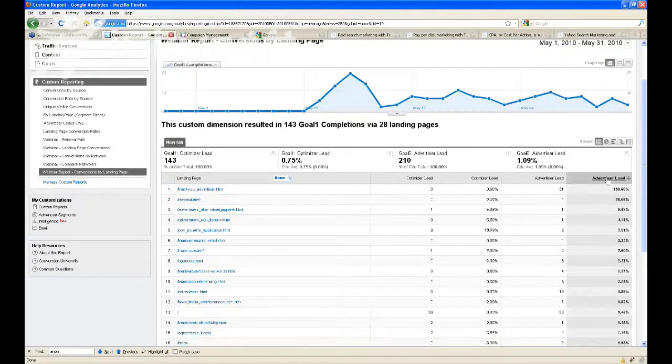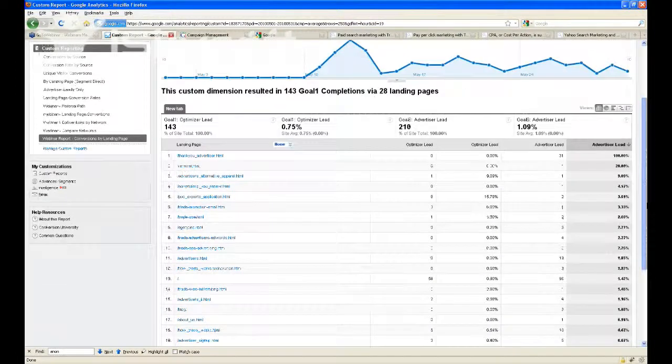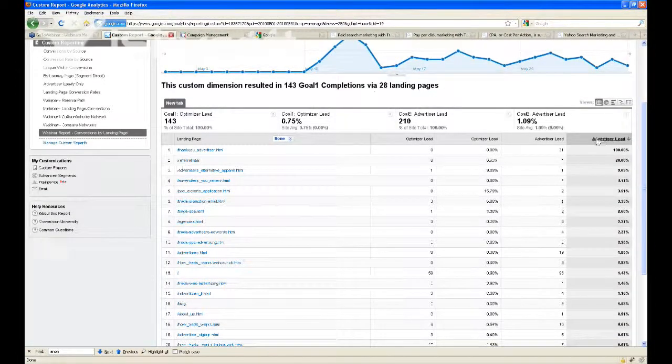Let me point you at a couple of interesting things that you can see here. What I did was sort by the conversion rate for advertiser leads. So this is, out of 100 people that came onto a landing page specifically, how many of them actually filled out the form? As you probably heard before, just like in traditional direct marketing, 1 to 2% of people is a pretty standard rule of thumb that should convert.